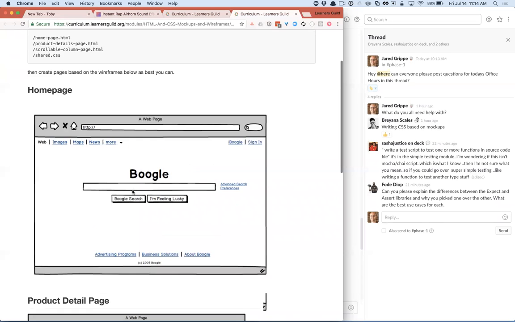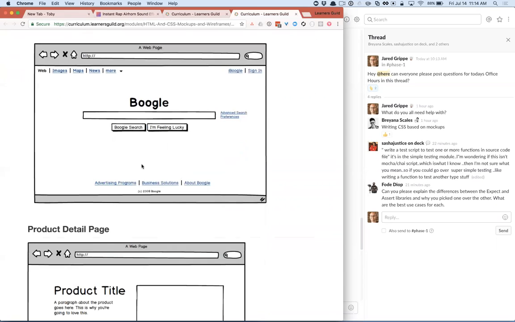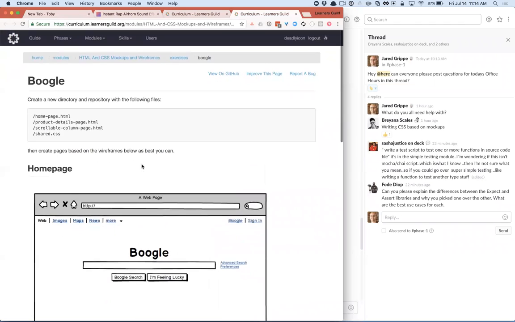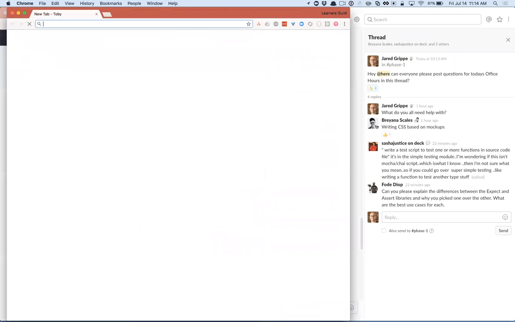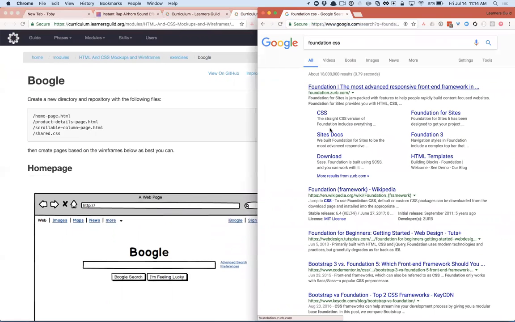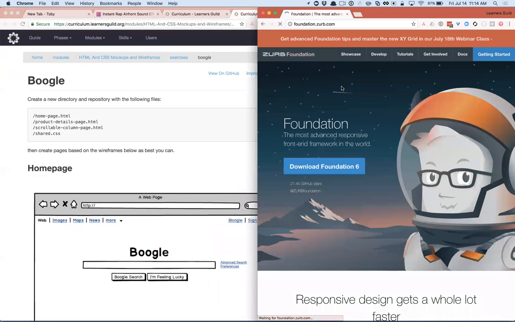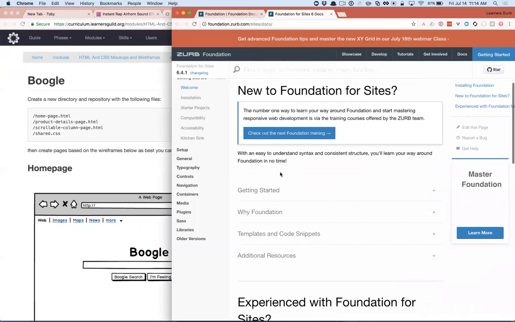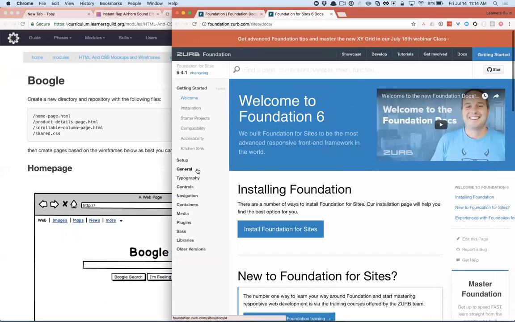So in this case, we're asking you to implement this, but we don't have a visual vocabulary that we're giving you alongside it, right? So we might want to add: implement these wireframes using the Foundation CSS framework or using the Bootstrap framework, because if we go look at, say, Foundation CSS, and we look at their documentation, docs, sites, they have an emails thing. So we have a visual vocabulary here, right?